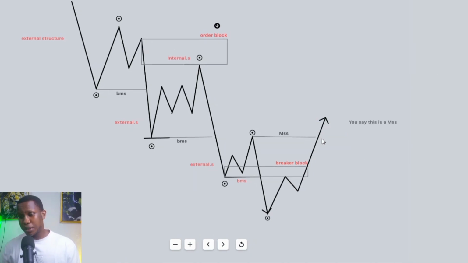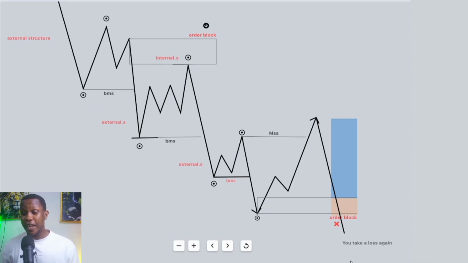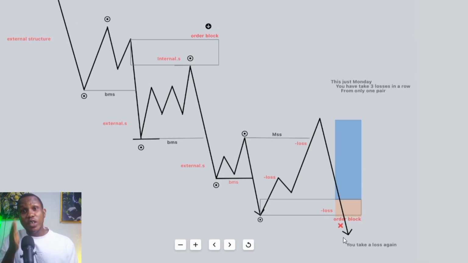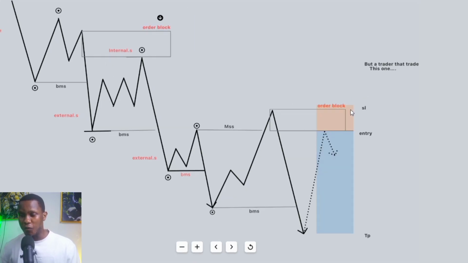And you say probably this is a market structure shift today. We are no more in a downtrend, we are in an uptrend. Let me mark out this order block. But can you see what? You fell again. This is just Monday. You've taken 3 losses just from 1 pair. But a trader that marked out this particular order block right here, entry here, stop loss above here,